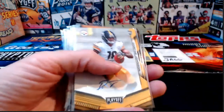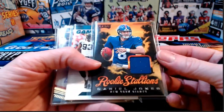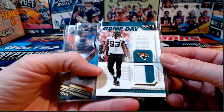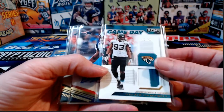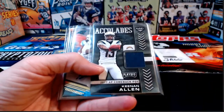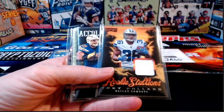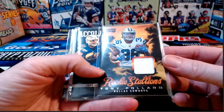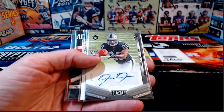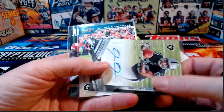Deontay Johnson autograph, Pittsburgh Steelers. Daniel Jones relic, New York Giants, numbered to 50. That is the Jags with a 2-color relic. And then you have Joejuan Williams autograph for the Patriots, Keenan Allen relic for the Chargers, Brian Burns autograph for the Panthers, Tony Pollard relic for the Cowboys, Joey Bosa relic for the Chargers, an autograph to 25 of Josh Jacobs for the Raiders,